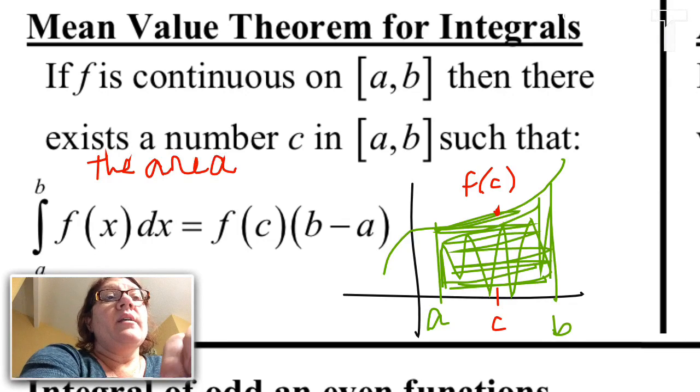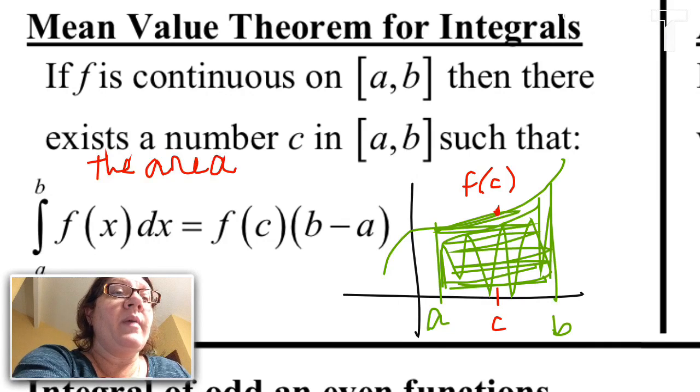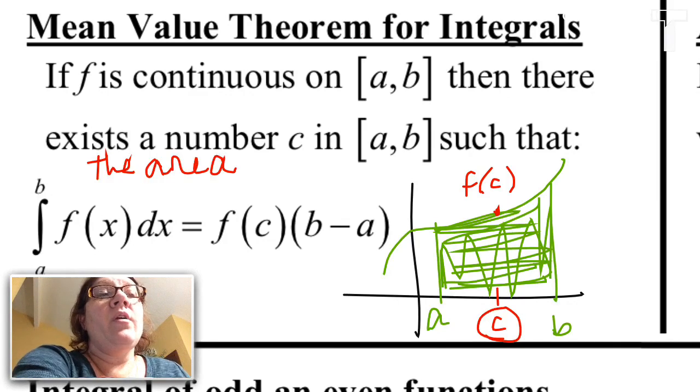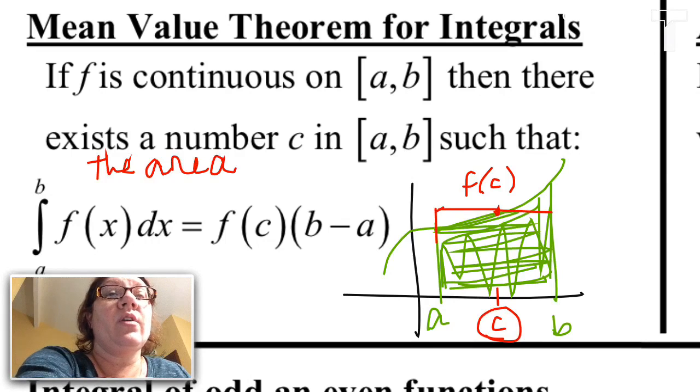And so what it says is that there's some number sitting in the middle of my interval between a and b, so here it is, c, for whom its y value will actually give the correct area under this curve. So now notice, if I chose that particular c and I plotted its y value, and I made my rectangle based off of that y value,